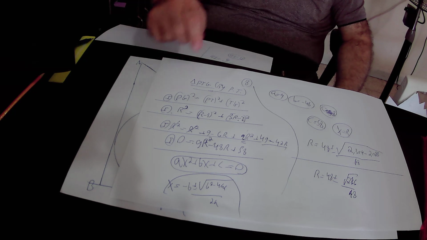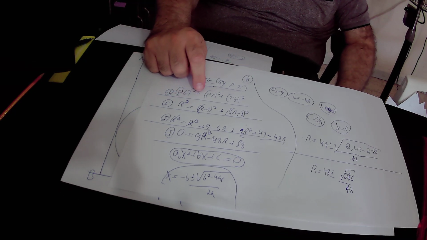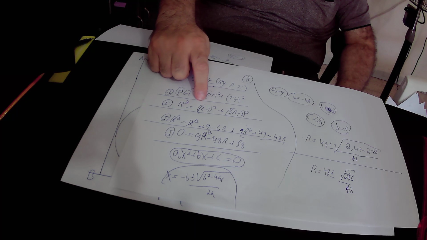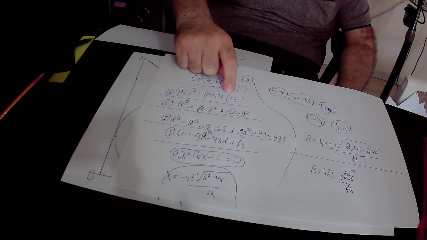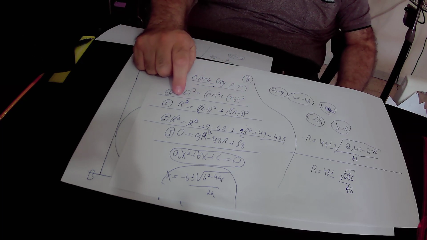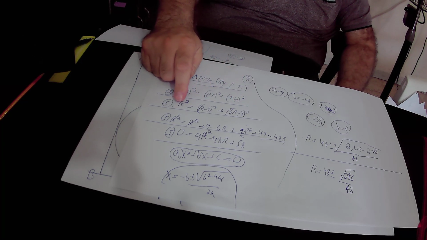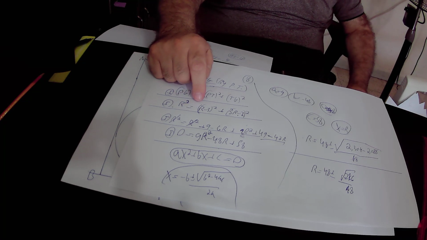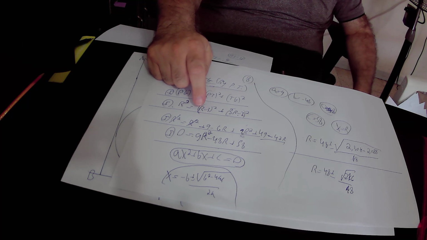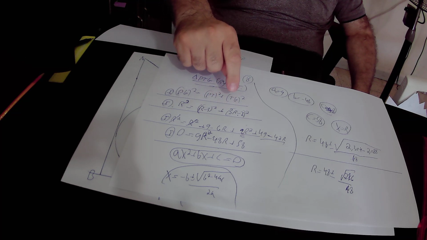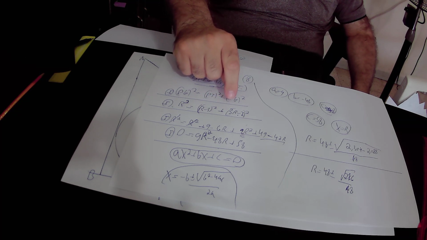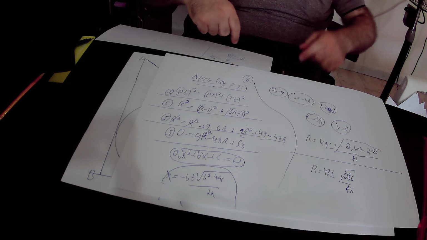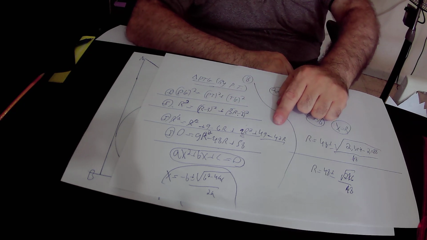PG is the radius, so PG square is R square. PT equals R minus 3, therefore PT square is R minus 3 square, plus TG square. TG equals 3R minus 7, so TG square is 3R minus 7 square. We open the brackets on this side of the equation and find that R minus 3 square equals R square plus 3 square, that is 9, minus 2 times R times 3, that is minus 6R. Then 3R minus 7 square equals 3R square, that is 9R square, plus 7 square, that is 49, minus 2 times